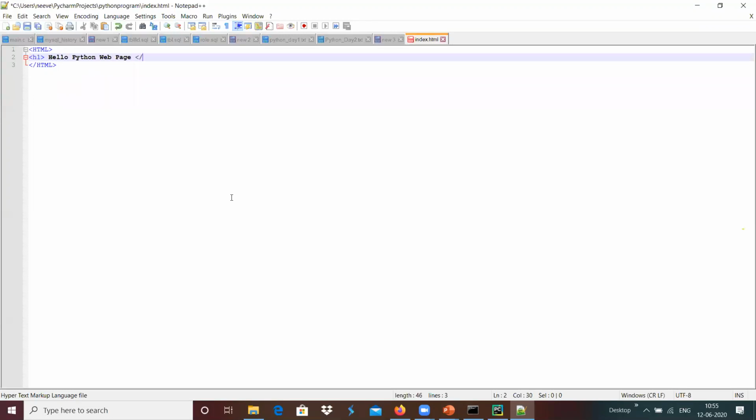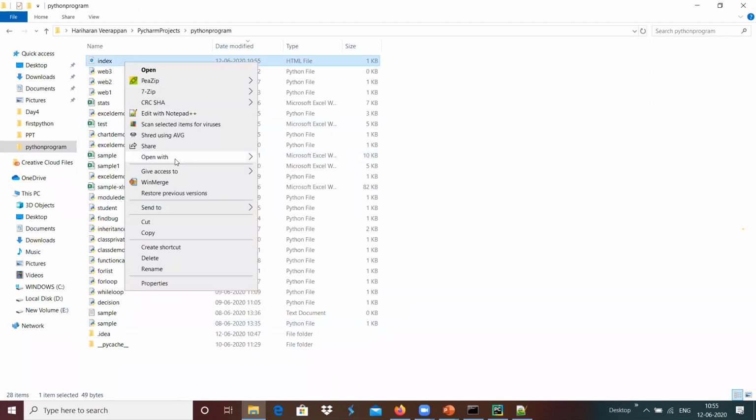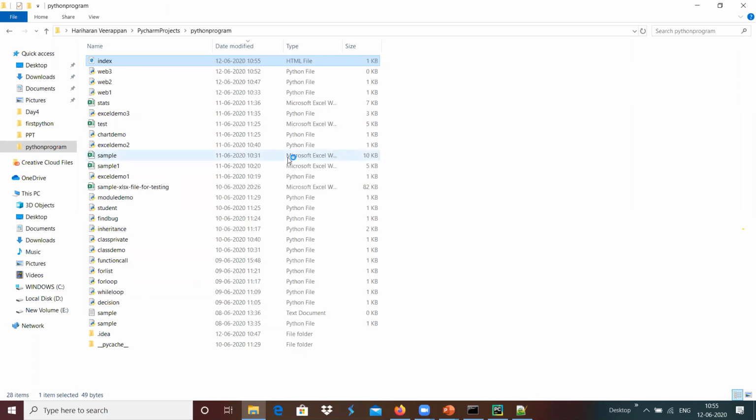Now we can validate whether this HTML file is fine or not. I have created index.html, which is present over here, and I'm going to open this with Firefox. Yeah, we got the hello Python web page, the output of the index.html.